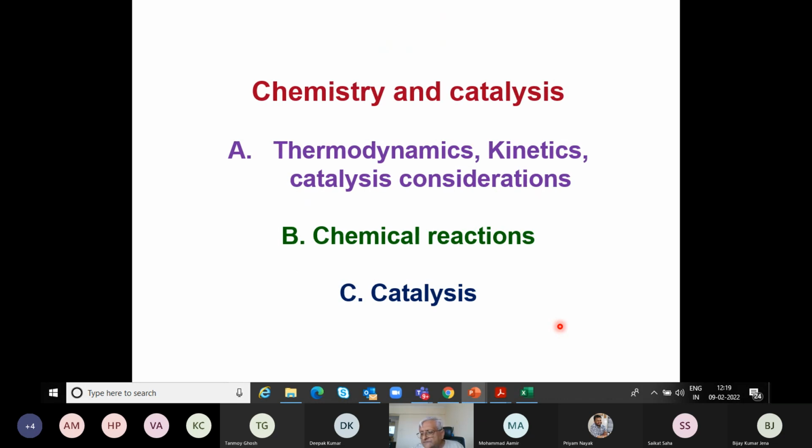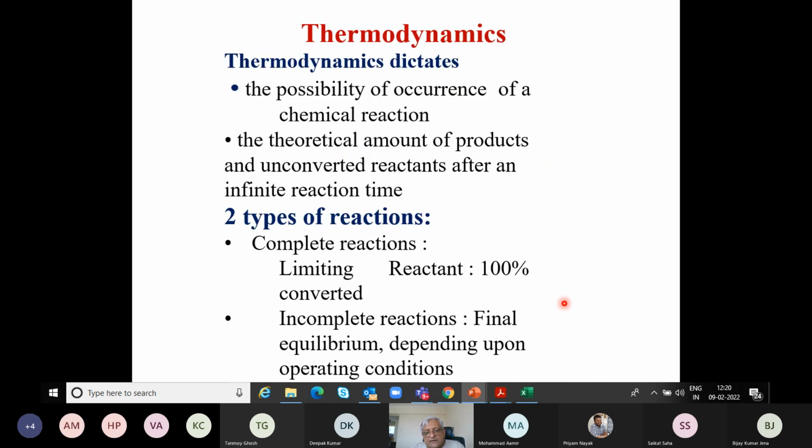So after that brief history, let me walk you through the chemistry and the catalysis. We may not be able to cover everything today, so we will continue with that on Friday. We'll talk about the thermodynamics, kinetics, and the catalyst considerations, the chemical reactions, and finally, what is the catalyst that we use here. Just a brief recap of the thermodynamics that you might have studied in your undergraduate classes. If you remember, thermodynamics